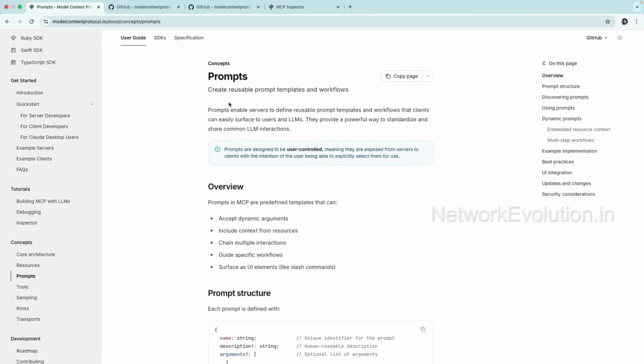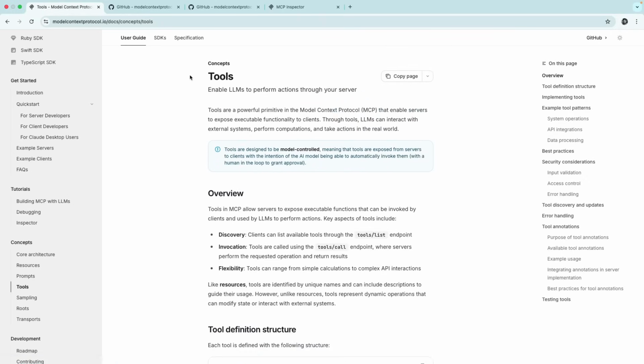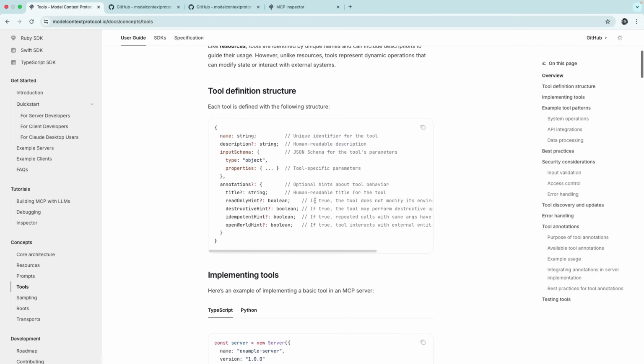And prompts are to pass the reusable prompts to the LLM. So this will enable servers to define reusable prompt templates and workflows. This also we'll see later. Then tools enable LLMs to perform actions through your server. So you can go through all this documentation, and from the next tutorial, we will start writing code for building